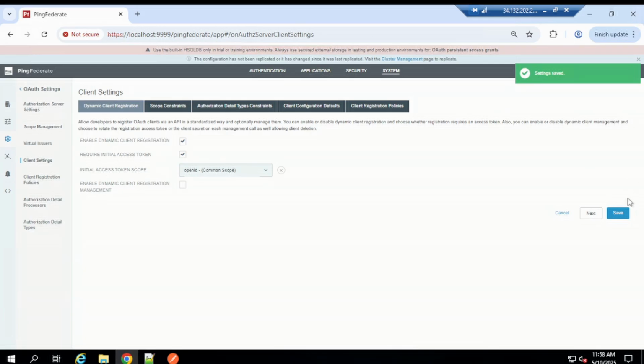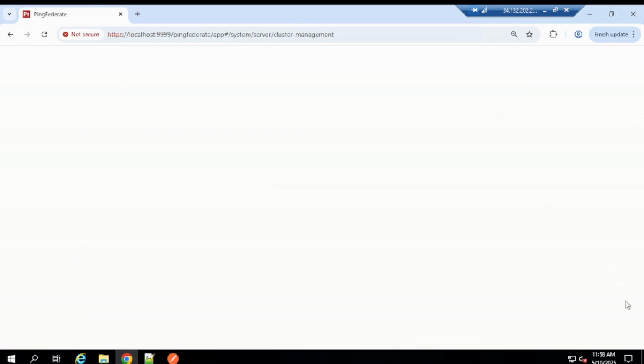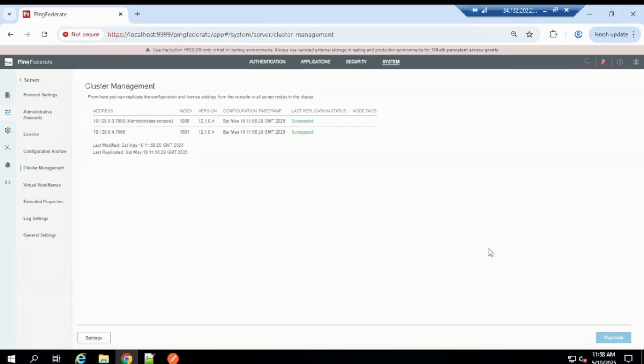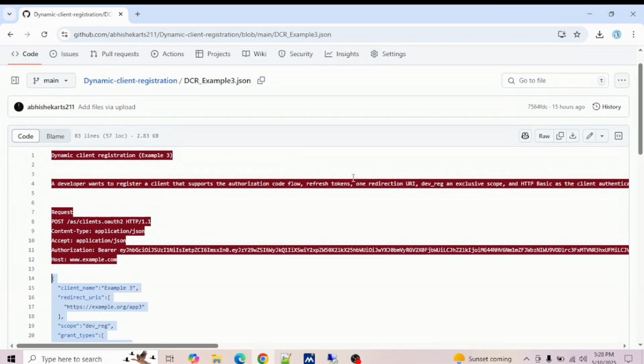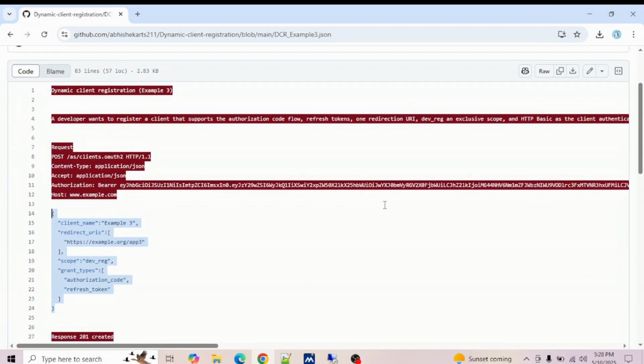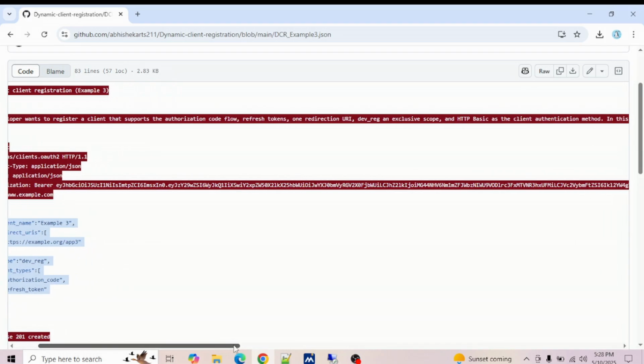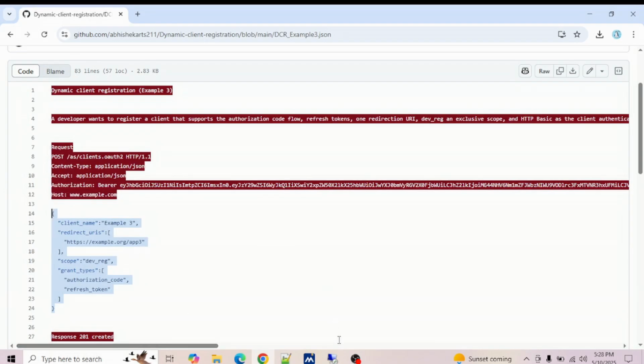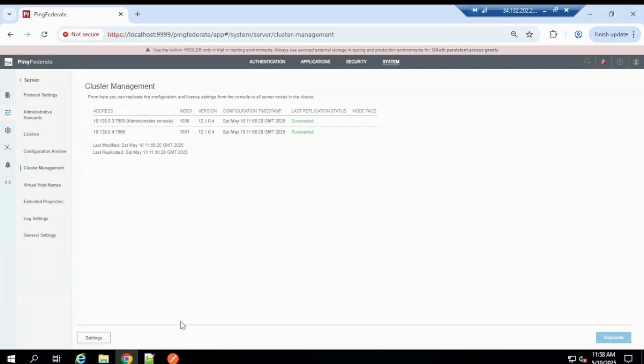Okay, do the cluster management. So here basically we are allowing the exclusive scope. In the problem statement it's mentioned, maybe we need to update it, that the dev underscore reg and exclusive scope is allowed, not restricted, right? But yeah, that is fine. Let's go back now. Go to Postman